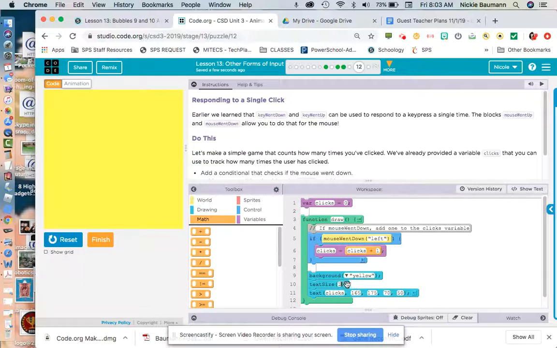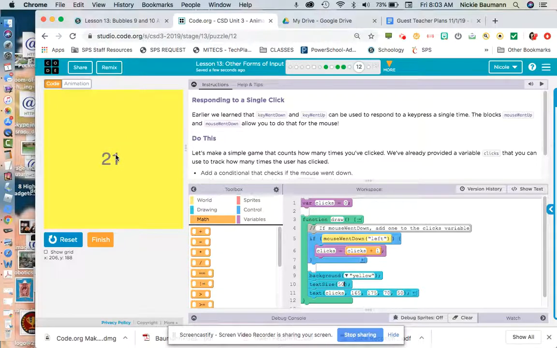Let's do 80. There. So you can make it bigger if you want. I think 80 will be too big. 50 is probably the biggest right now for that area.